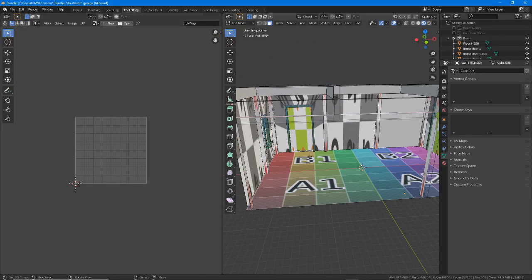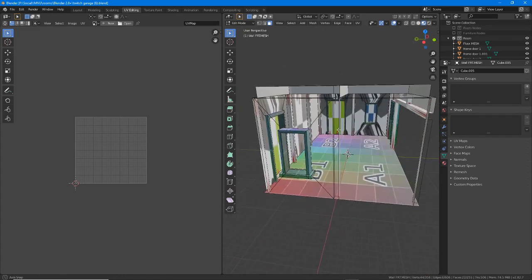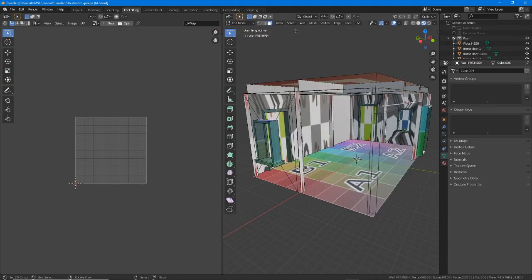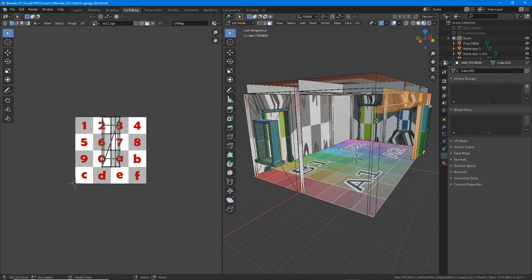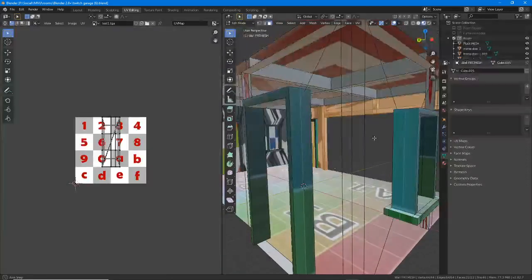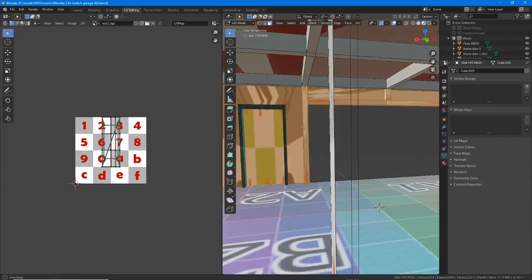So which section have we got? When we switch to UV editing, it automatically switches the 3D view into edit mode on whatever was selected last. So if we've got a number of components, what we can do is just select all. So it's that end wall that was selected last. So